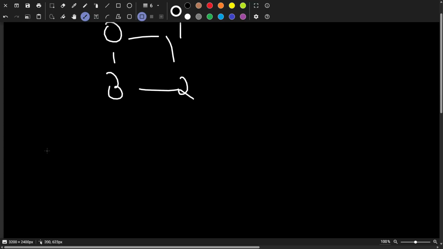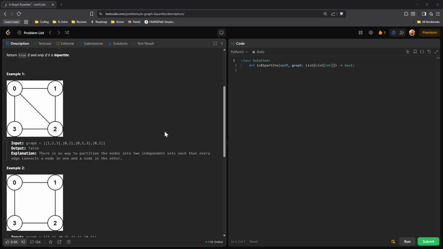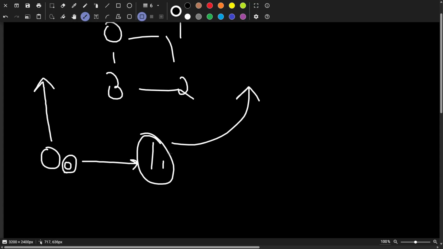So let's say we start with the zeroth node, and let's associate another integer with it, which is 0. When we go to its children, we XOR it, and that becomes 1. Everything associated with 0 goes to one set, and everything associated with 1 goes to the other set. How do we check if it's invalid? If this is already in the other set,